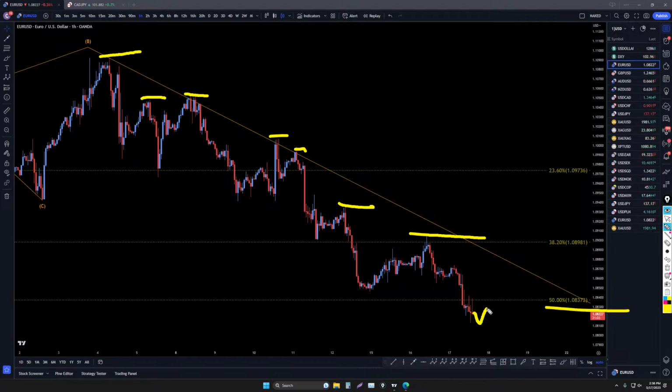Even if it does start to go up a little, it's probably just going to be another correction like this. ABC up, ABC up, ABC up. Any one of these ABC three-way patterns would have been an excellent trade to go short for the continuation of this downtrend. So that tells me if I see another three-way pattern, another variation of this three-way pattern in the